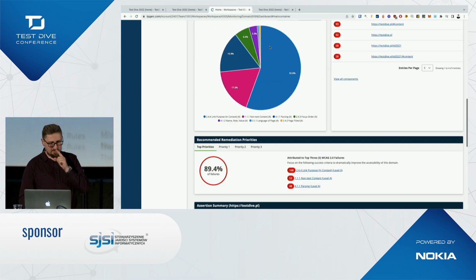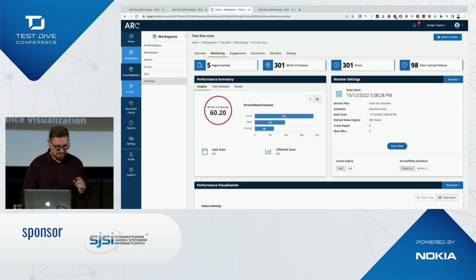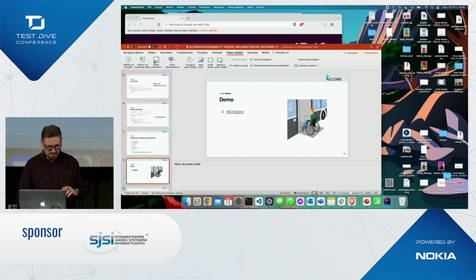Okay, there are more features in the platform. There is a possibility to learn the WCAG standards, to learn how to test accessibility and how to write proper, accessible software, but that's not part of the presentation. So let me go back here and